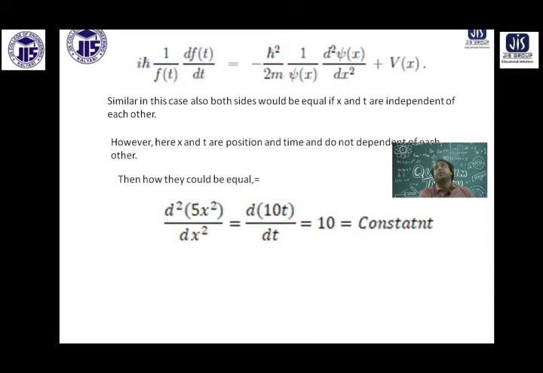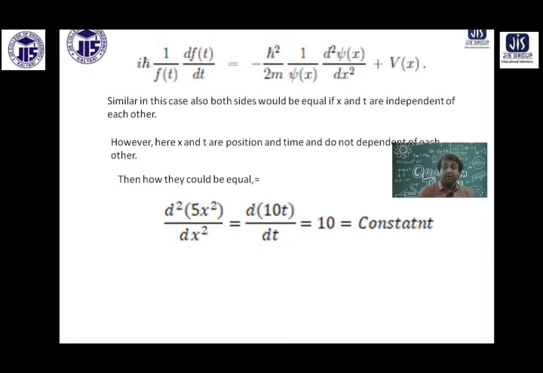For example, in a simple case, I've got a function like f(x square). Now, is it equal to d/dt of 10t? Initial answers are obviously that one side is x dependent, other side is t dependent, all the stories. But it's a differential equation you are solving, a simple differential equation, and after a couple of lines of mathematics, you get an idea. What is the idea? If I do the derivatives, I am ending up with a constant term, and the beauty of the constant is this. So 10 is a constant.